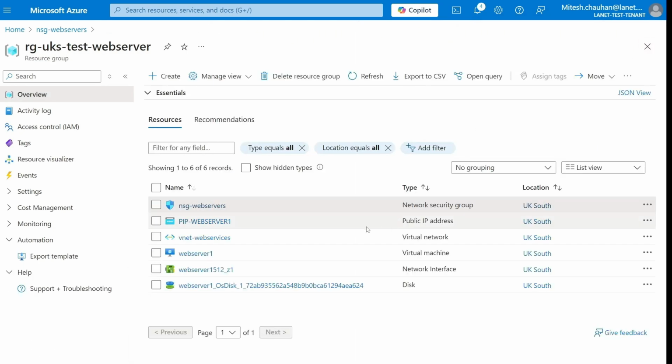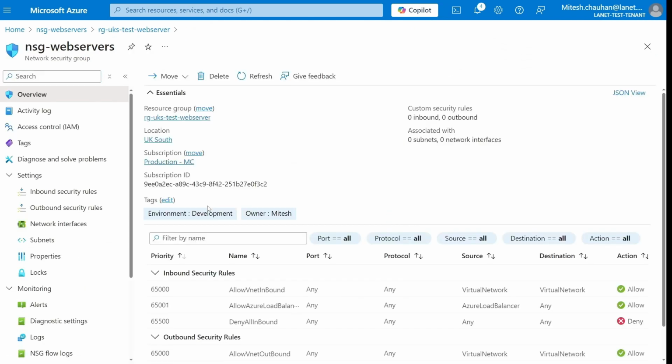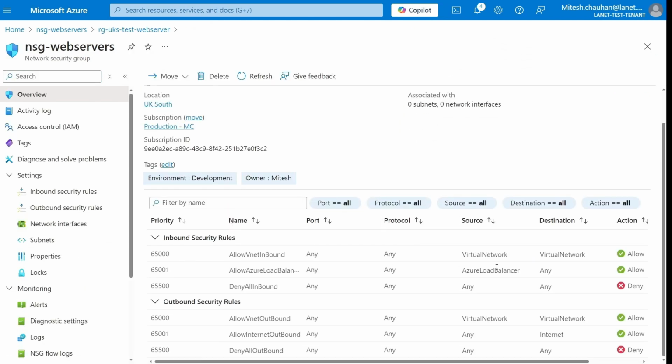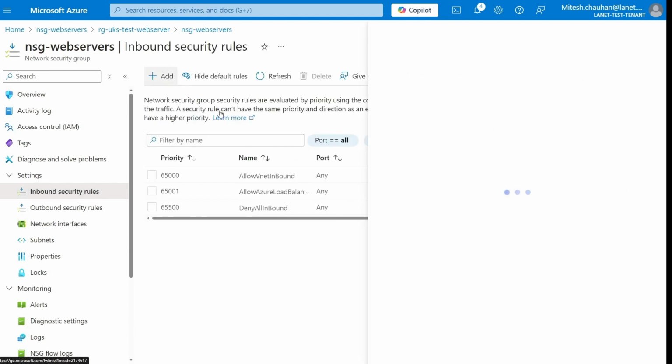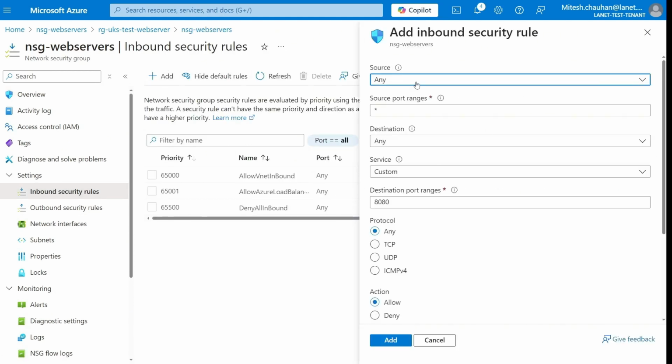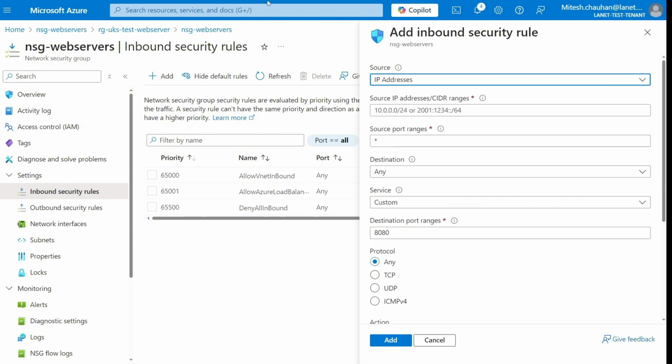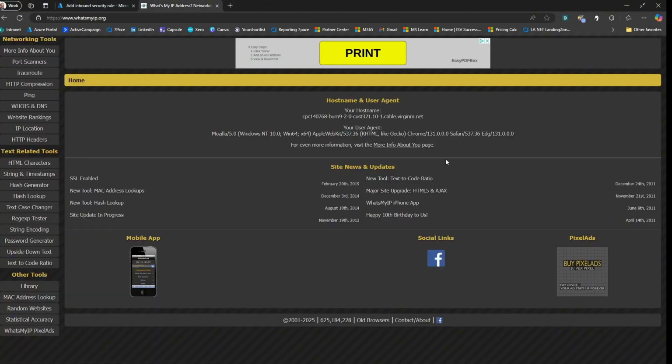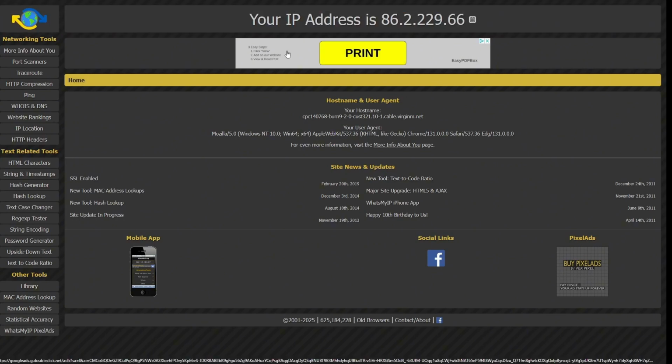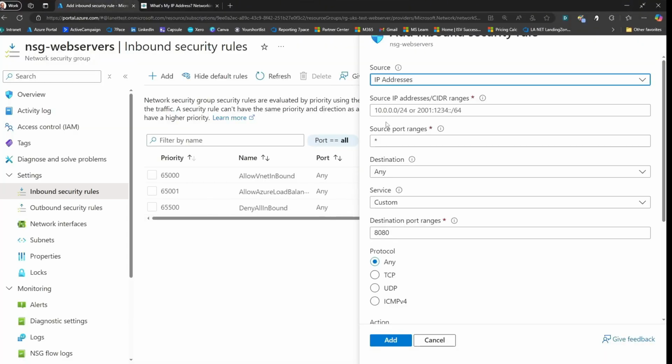Okay, once that's done, let's take another look at the NSG, and then the subnet thing will show you properly once we do a refresh. So we're going to add the rules in here. I can just do my IP address here, but let's just type it in and find out what my IP address is by going to whatsmyip.org, and then we're going to find what our IP address is and take a copy of it, and then set up our first rule, which is allow out